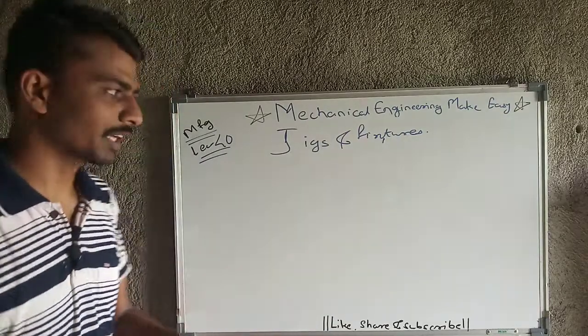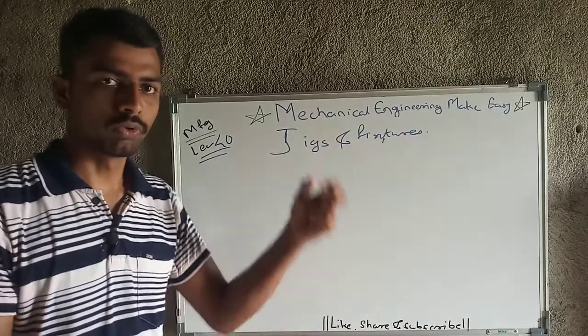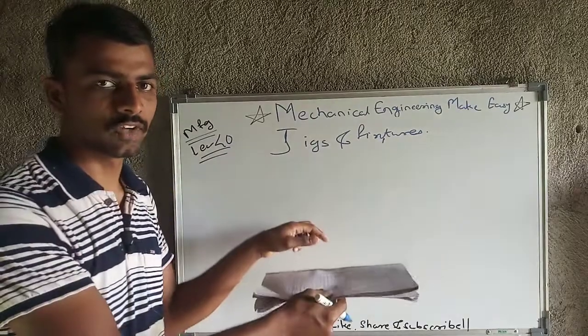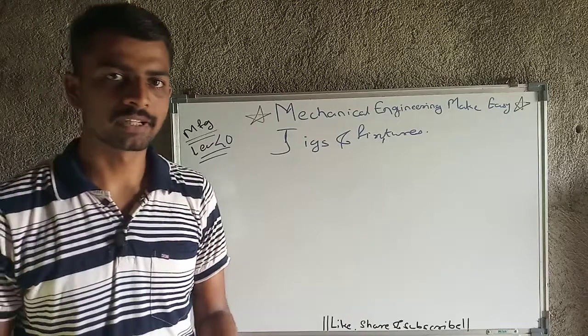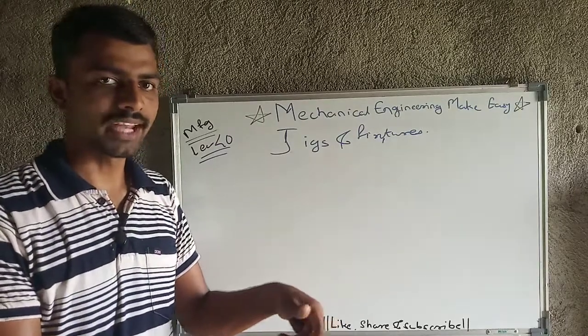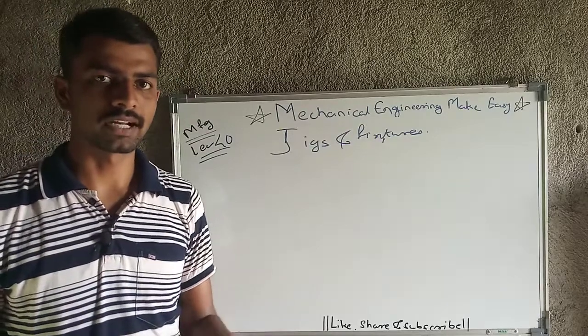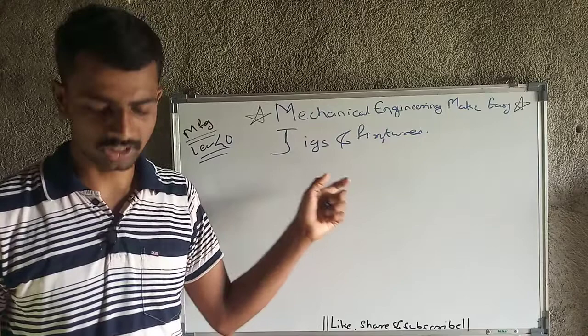What is idle time? Placing the workpiece there, taking measurements, and after that moving the clamp, etc. That idle time is going to decrease. Only place the workpiece there, and all the process will happen according to that. We don't need to do any measurement, we don't need to do any manual tightening, etc. All the processes will happen according to the design of jigs and fixtures. So this is nothing but idle time, that is, reduction of idle time.